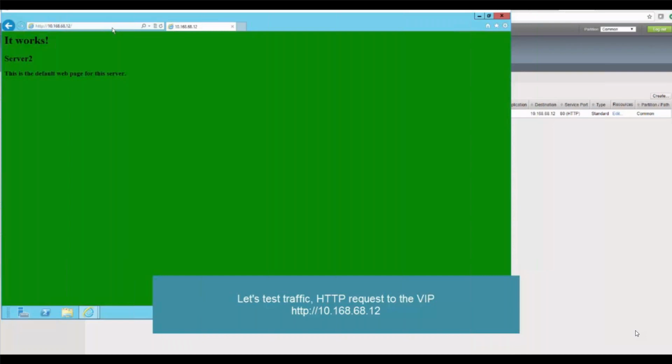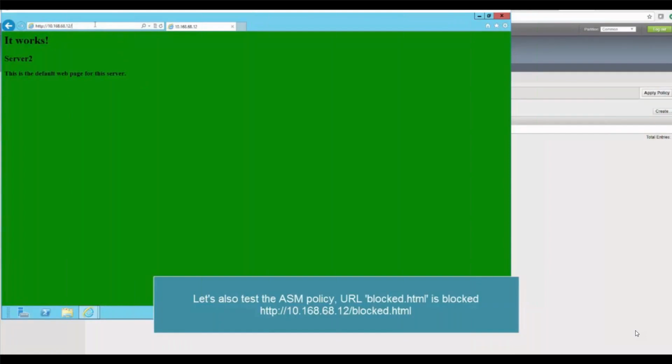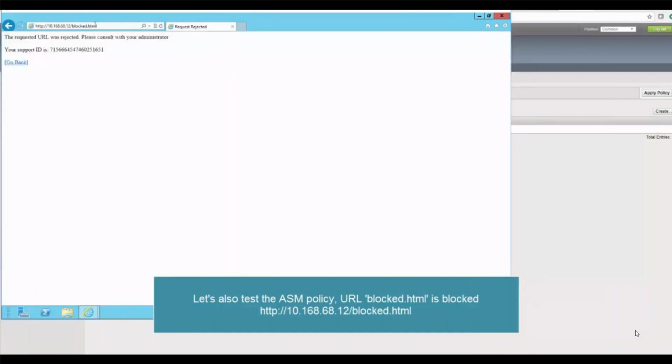Now, we also want to test our WAF policy. And in our WAF policy, we have defined that if we try to go to a URL called block.html, then the WAF is going to block that particular URL. So if you try to go to the VIP and block.html, we get a response that the URL was rejected. And this is a standard response by the BIG-IP ASM module. This can be customized and changed by the F5 administrator. So at this point, we have our green environment, which is up and ready to take